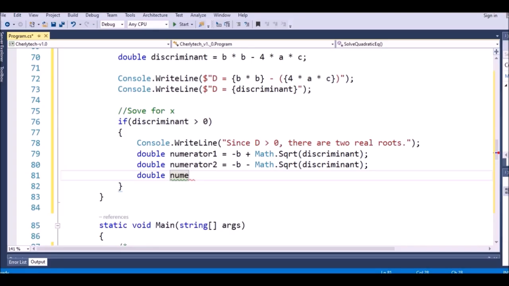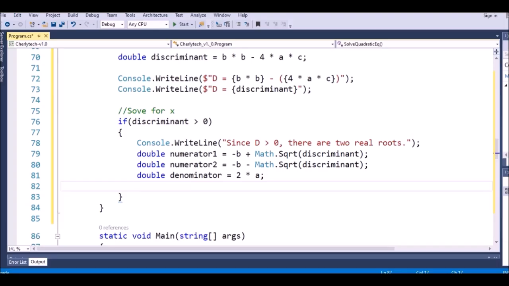We have to, denominator. So this one, and 2 multiply a this. So after that we have to show, right? So after that we have to show that